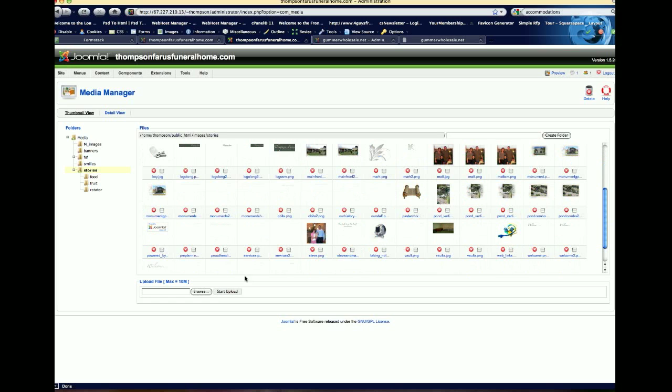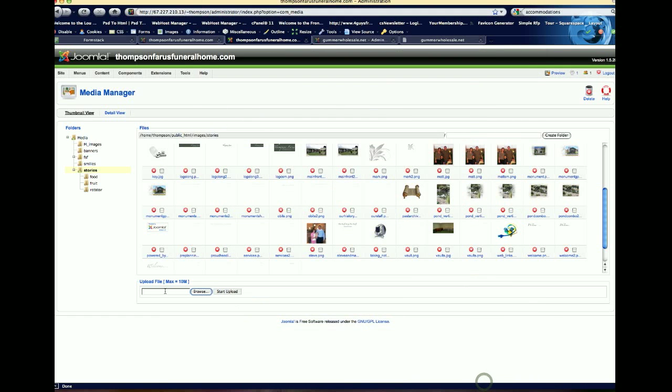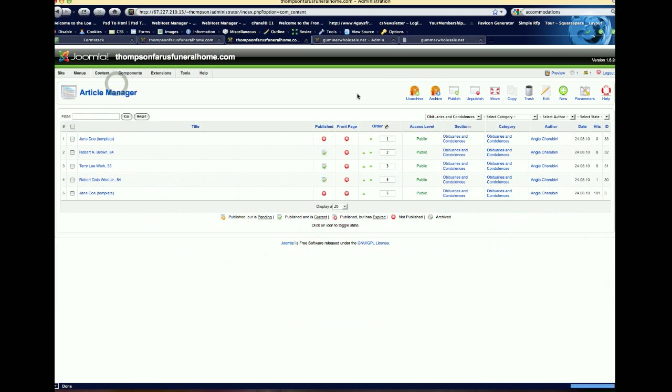What I do is I usually load up the pictures that I've worked on and I want to add to a page. I will load them up this way. All you do is you browse on your hard drive and you pick an image and you hit open and it would show up in there, and you hit start upload and it would load it up into this section. Then you go back into your article manager